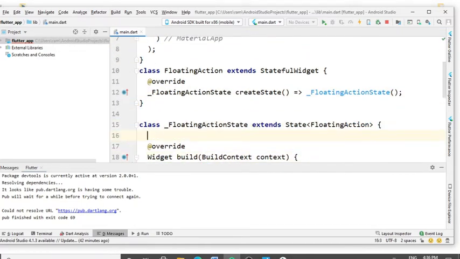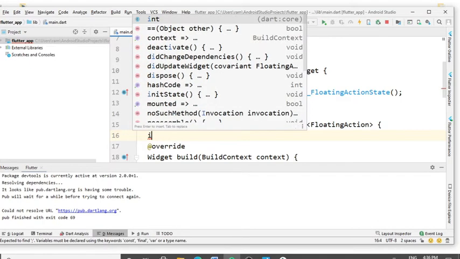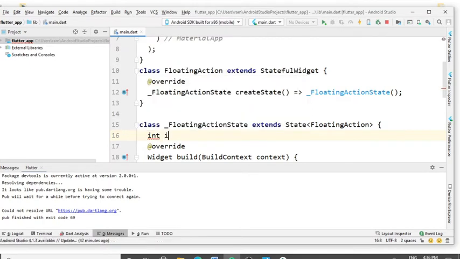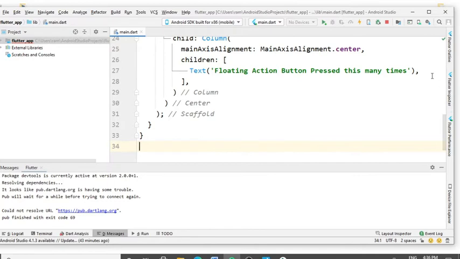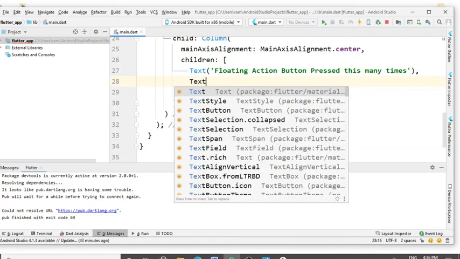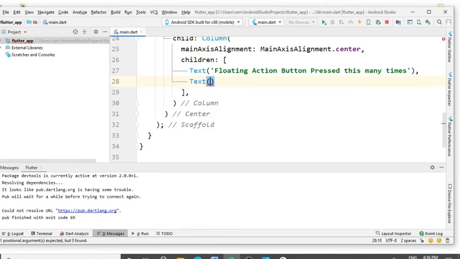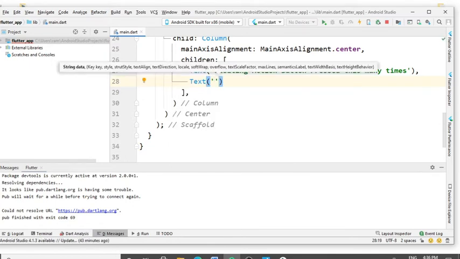Type int i equals 0 and put the semicolon. Press enter and again type the Text. Put the round brackets and the single inverted commas and type the i.